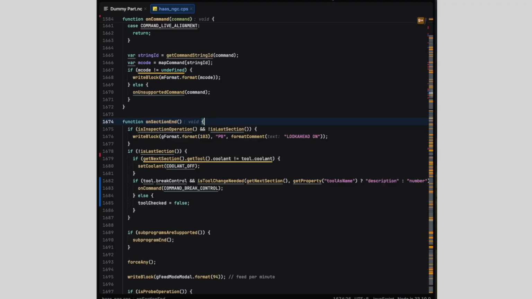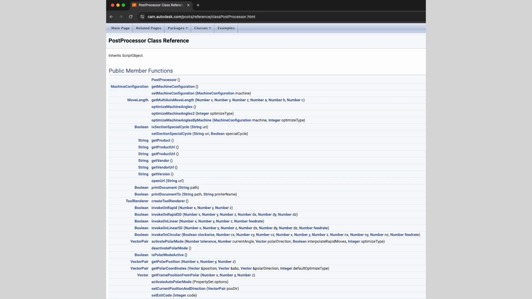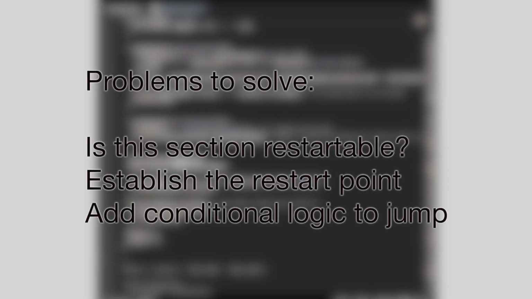need to solve for? As a brief aside, where do we find documentation for the post environment? Use your favorite search engine for Fusion 360 Post-Processor API documentation, and you should find this. It's the exhaustive reference on the API available, and you can, of course, use your existing posts as a guide to what is possible.